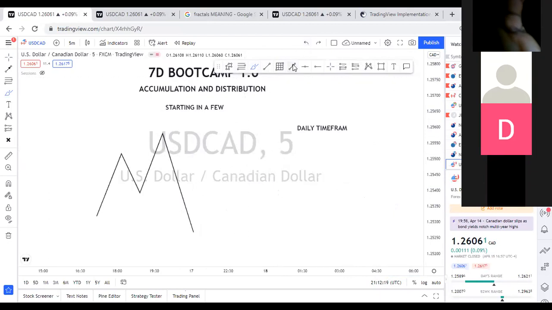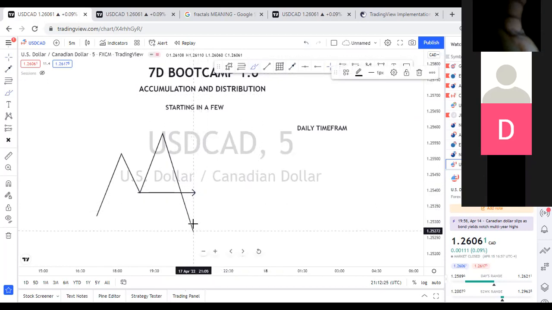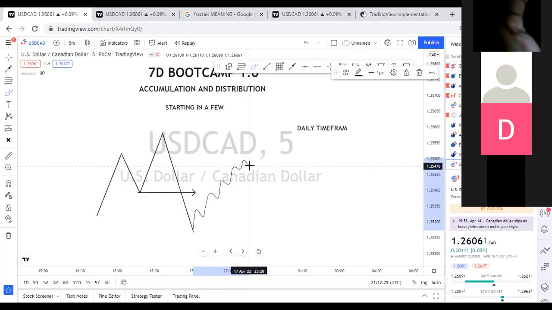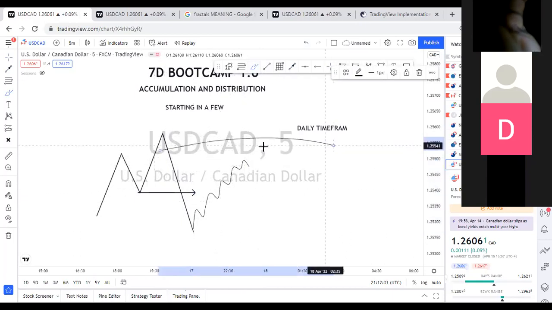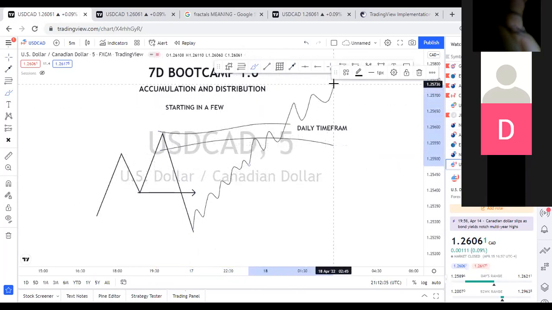Okay, so we would see a break of structure, all right? And price will just continue higher high, higher low, higher high, higher low. It continues like that. And then you have marked this as your point of interest. Oh, and then you now see price just continue going up. Has it ever happened to anybody?